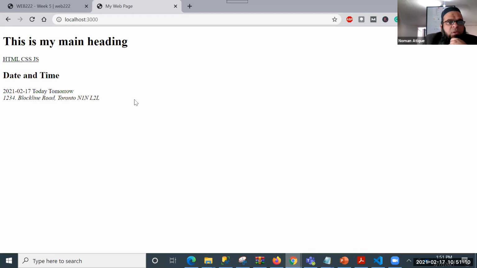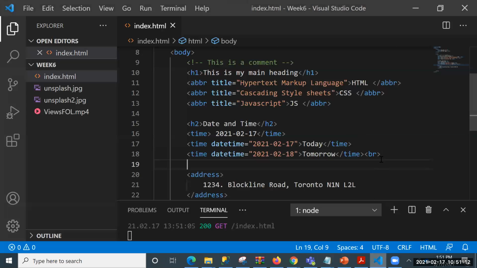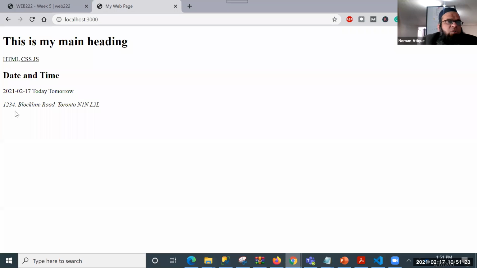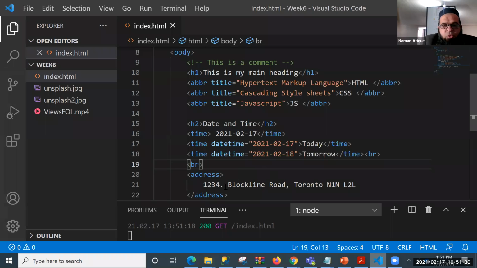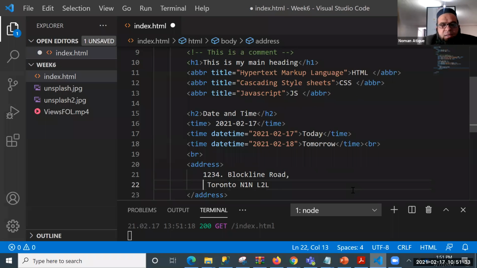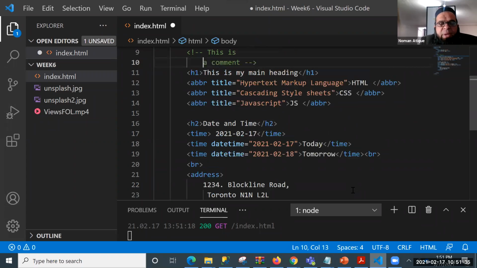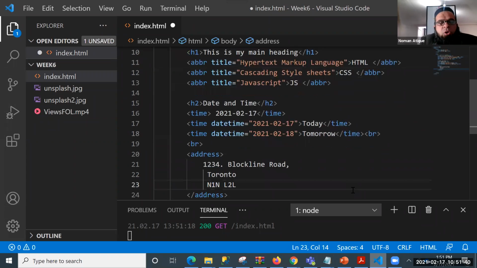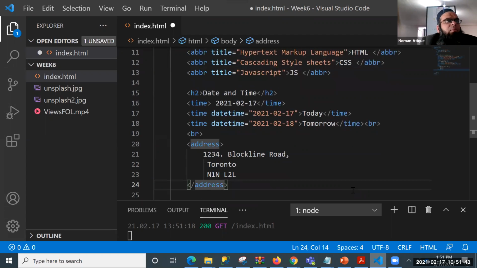Where did I put the line? I was at the right place, but let's put in one more BR, maybe. I want to separate that out, and we can do that multiple ways. So yes, you can see now 1, 2, 3 Block Line Road, Toronto. Now what if I want this address something like this? I want 1, 2, 3, 4 Block Line Road and then a new line, and the postal code should come in a new line. Will it come in the same way as I've mentioned it?